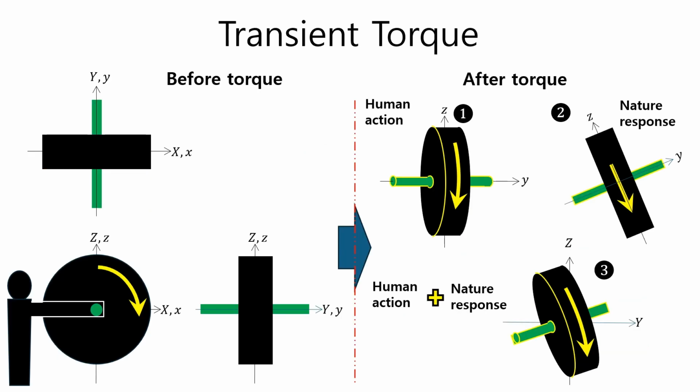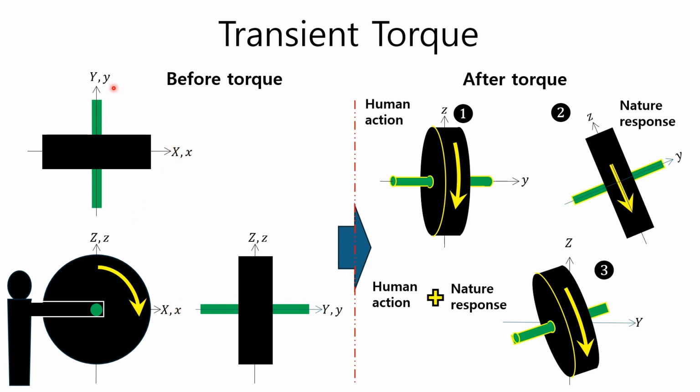Let's explain the changes in the bicycle wheel that we looked at earlier in an easy-to-understand way. In the figure, capital letters represent the inertial coordinate system fixed to the ground, and small letters represent the local coordinate system fixed to the bicycle wheel. In the local coordinate system, the y-axis coincides with the center line of the bicycle wheel axis. As shown in the figure on the left, the inertial coordinate system and the local coordinate system coincide before applying